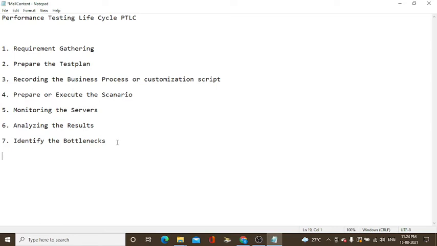In analyzing results is the main point. In analyzing results, what is your test name and how long the duration will be executed, how many total users, how many scripts, how the user load will be distributed, how many load generators you used, how long the test will be executed, what throughput will be coming, meaning whether your expected throughput is reached or not, whether the SLA is reached or not, what percentage of errors you are getting, and whether all transactions respond within the SLA or a higher response time is received.